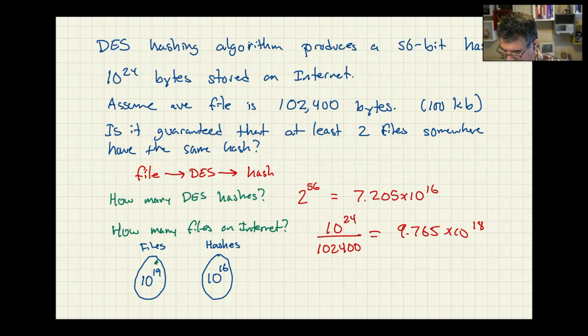And so this larger number of files is mapping onto a smaller number of hashes. And so by the pigeonhole principle, we actually use that phrase, right? By the pigeonhole principle,